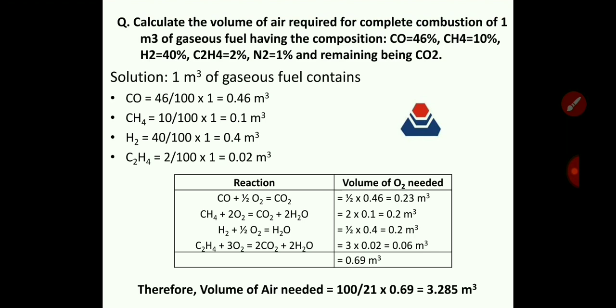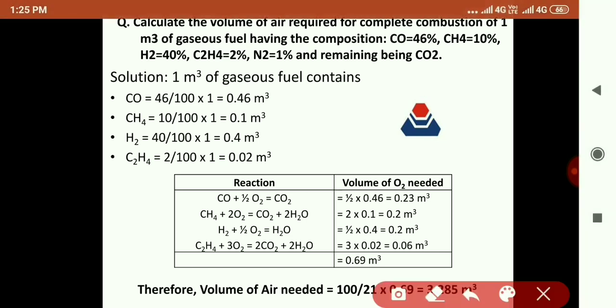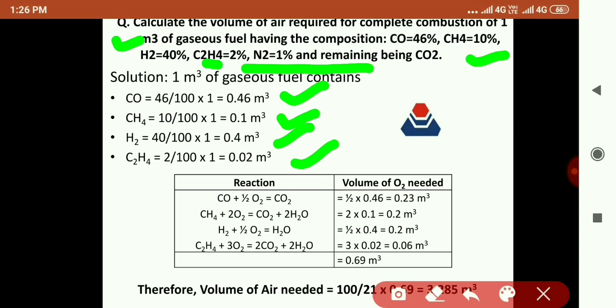Then let us consider this example, this question here. Calculate the volume of air required for complete combustion of 1 meter cube of gaseous fuel having the composition, यहाँ पर कुछ gases का composition दिया हुआ, CO is equals to 46%, CH4 10% and so on. So सबसे पहले हम ये देखेंगे कि जो combustion कर रहे हैं gaseous fuel उसकी quantity है 1 meter cube. So 1 meter cube gaseous fuel में कितने अमाउंट क्या होगा वो हम निकालेंगे। सो 1 मीटर क्यूब ऑफ गैसियस फ्यूल कंटेन्स कार्बन मोनोऑक्साइड इज इक्वल टू 46/100 इंटू 1, मीथेन 10/100 इंटू 1 एंड सो ऑन। सो 1 मीटर क्यूब में कितने कार्बन मोनोऑक्साइड, मीथेन और ये सब गैसेस दी हुई कितने मीटर क्यूब प्रेजेंट है,